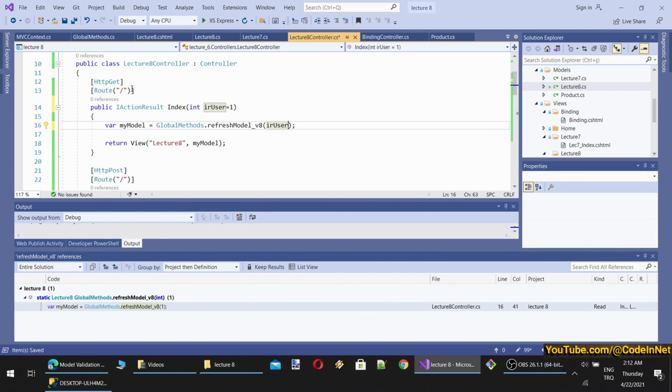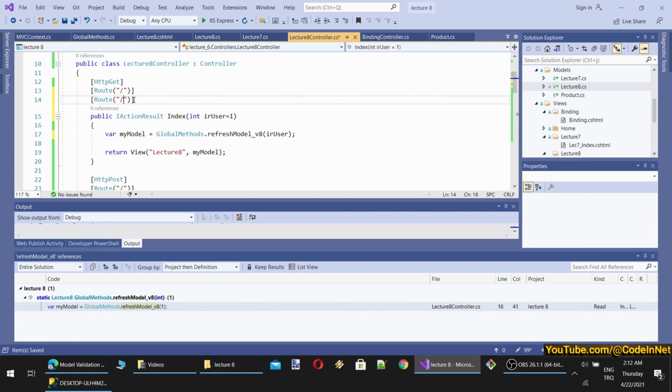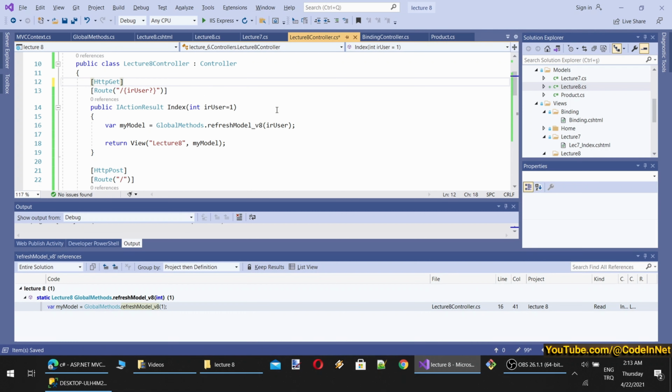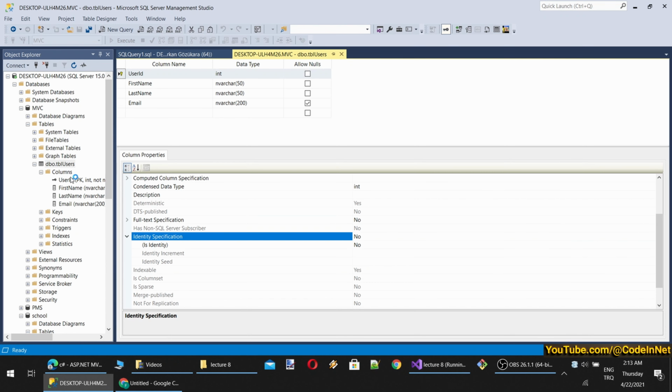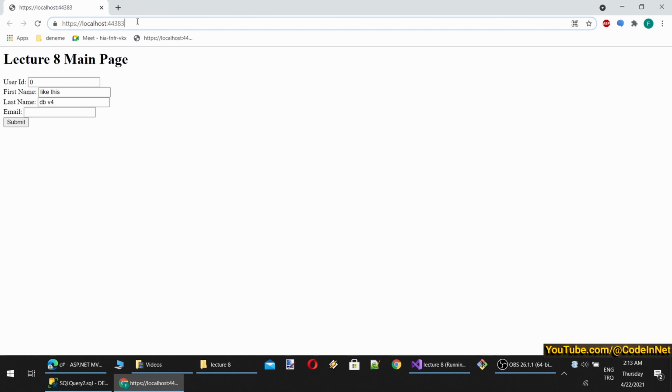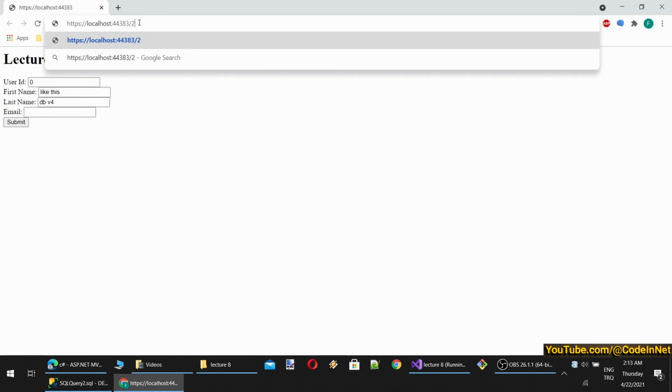So for this to be able to work, we need to add optional parameters. Yeah, it should work like this. So let's try. I think we should delete this and let's restart to see what happens. And let's try to update different users. I think I will list users as table at the bottom. Okay, it is working.